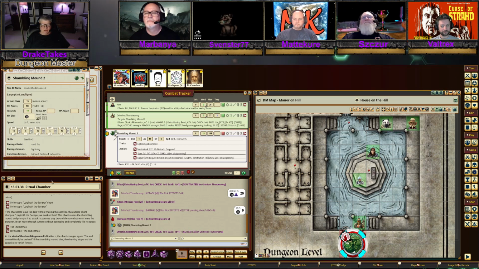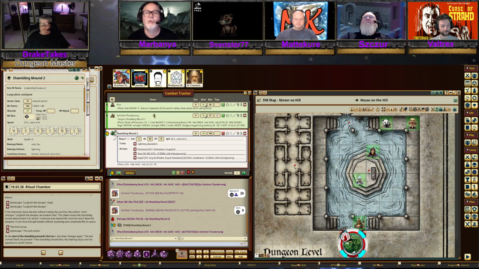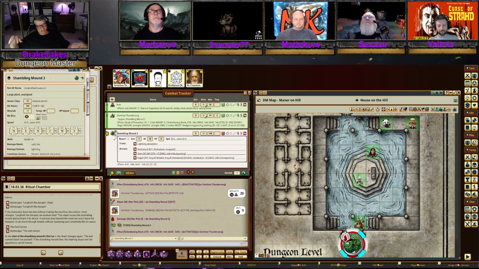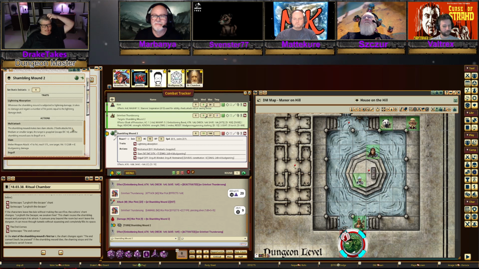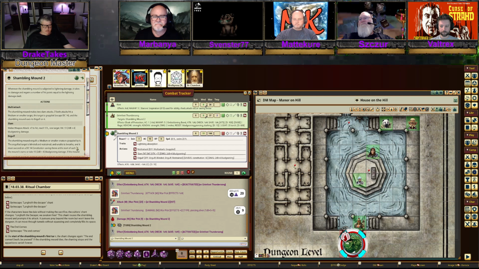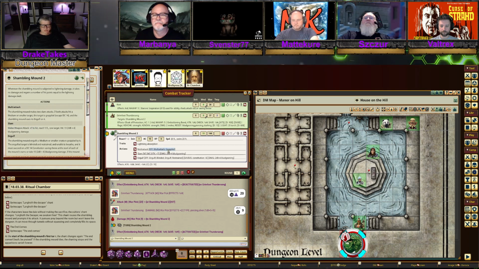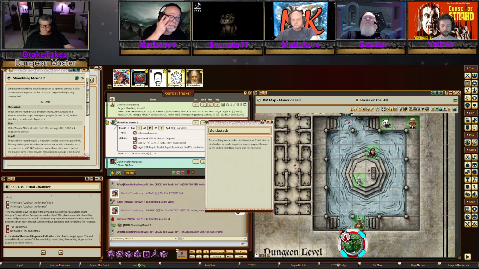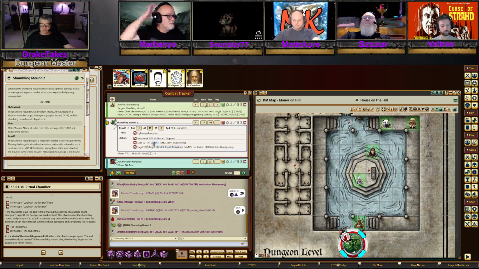As this thing stands up to its full 12 feet tall, you see two huge arms come out of the heap. And he raises his hand up and swings down at Grim. I was just reading his multi-attack. Oh, nice. All right, so the first attack on Grim